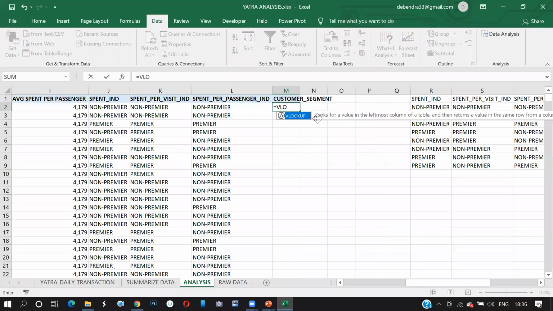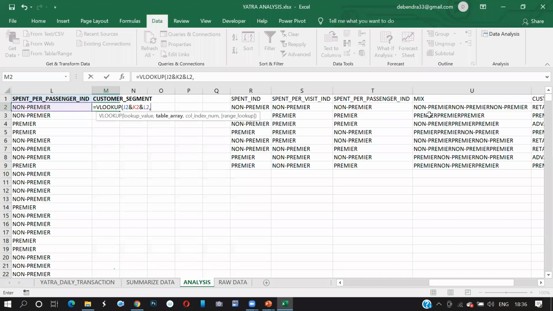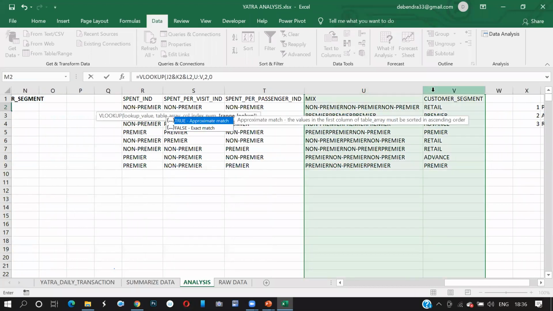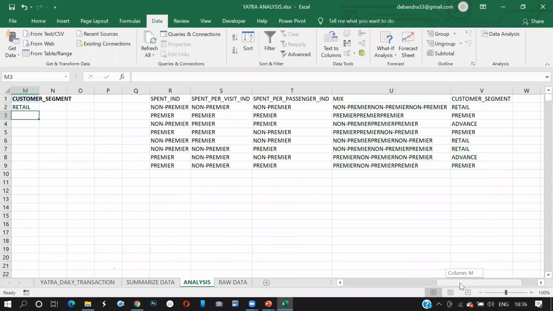How will you do this? In Excel, we go for VLOOKUP. The lookup value is going to be this, ampersand this, ampersand this. Based on this, if you go for these two columns, you can easily find what is the customer segmentation.